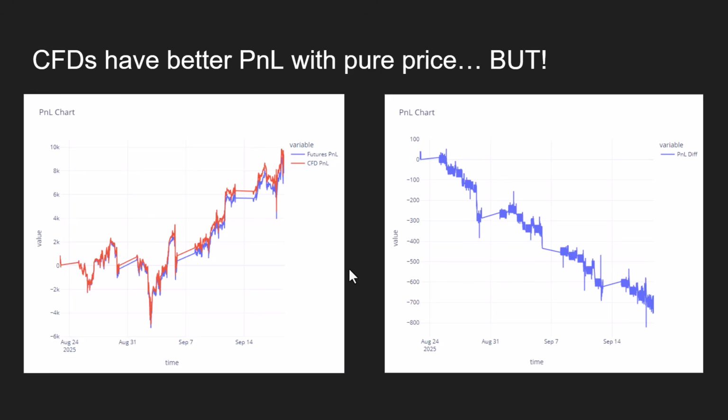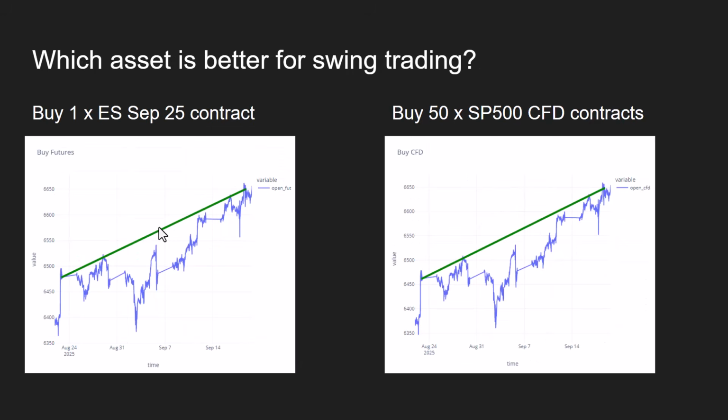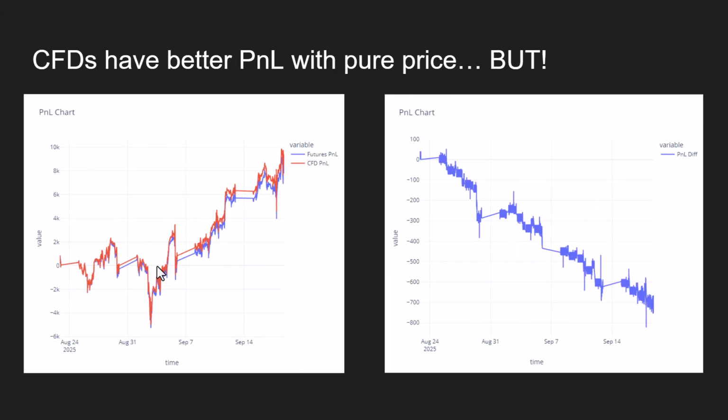So we are entering and exiting both trades at the same time, and let's see how they perform. So price-wise, if you look at the P&L chart on the left side, these are the two trades that we have shown here. Here we are displaying the P&L of both trades, and what you see here is that the CFD P&L is slightly above the futures P&L. And if we compare the P&L performance of both charts, we see how the futures is slowly underperforming the CFD. But this is purely speaking about the price,